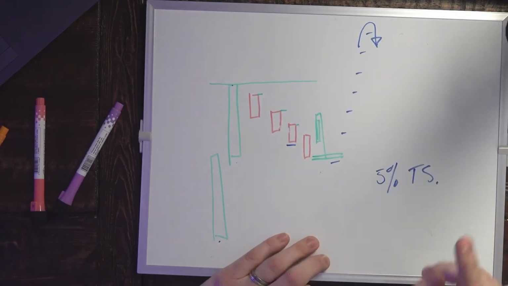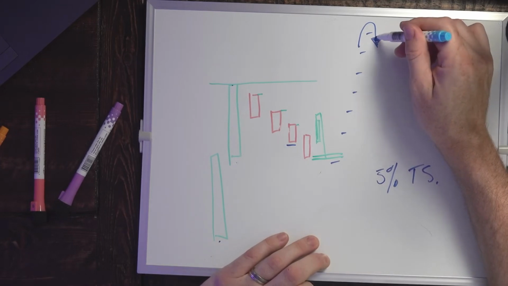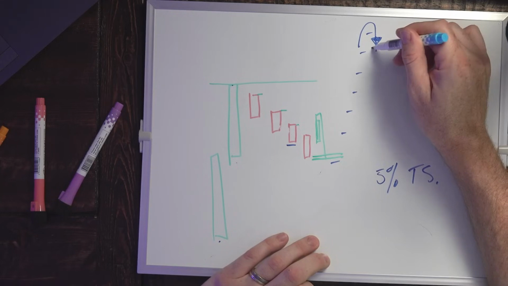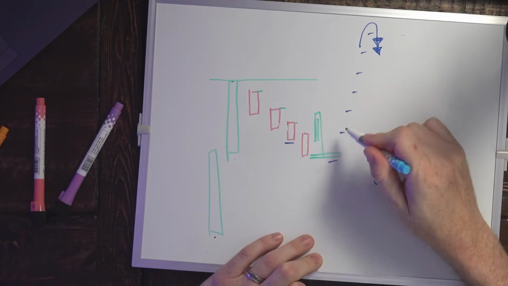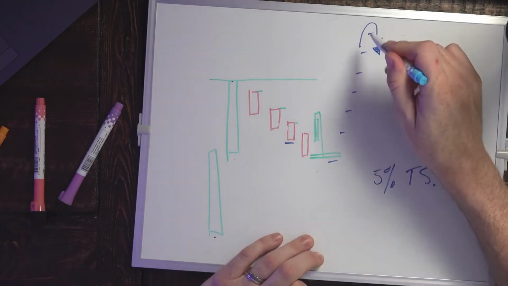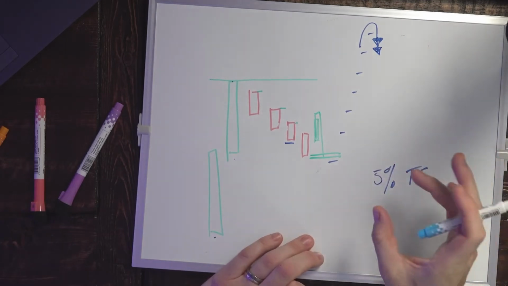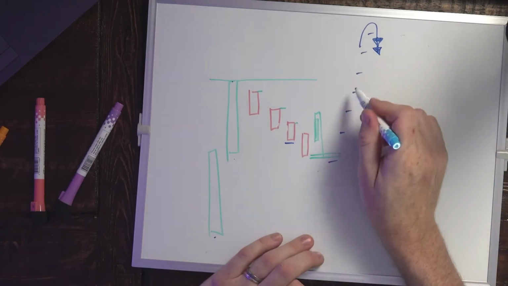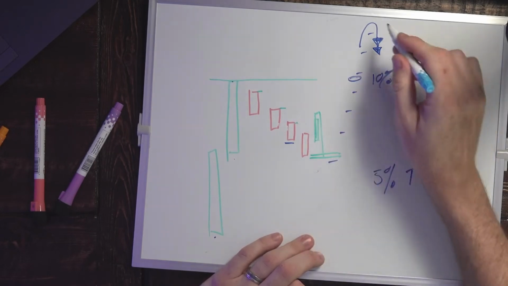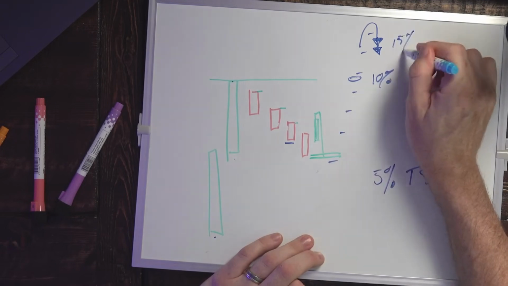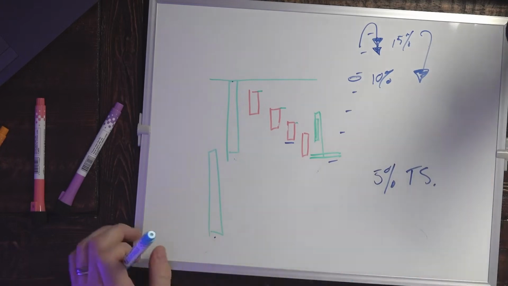However, you will always get stopped out when the stock is dropping using a trailing stop. And that means you'll be getting some slippage because other people are selling at the same time. So it's a little bit better to sell into strength as it's going up rather than waiting to sell the whole thing as it's coming down. But at the same time, if you've taken profit and sold half up here at your 10% profit mark, and then you sell another half when you're up 15% here, and then it comes back down, selling that last piece through a trailing stop is not the end of the world.